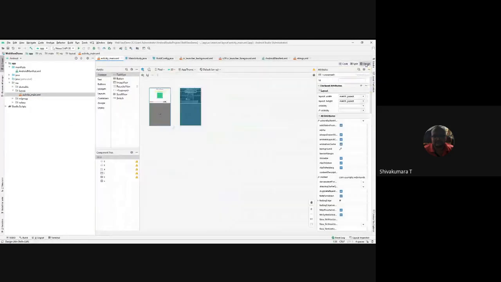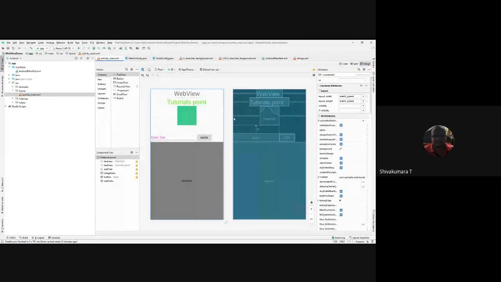For example, if you look into the Google web view tutorial point, all the GUI views: this is a text view, the tutorials point is another text view, this is an image view, and this is the edit text view, this is the button view, and this is the web view. All the views related to your activity are going to be defined under this activity_main.xml file. Then mipmap is another important folder.